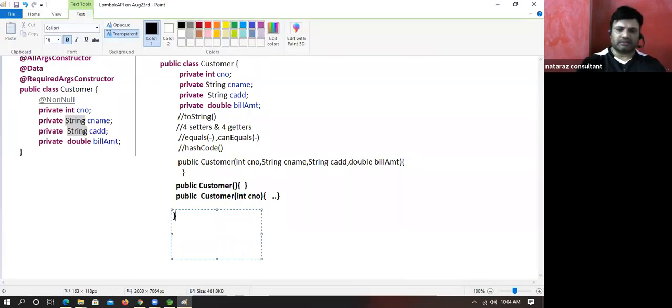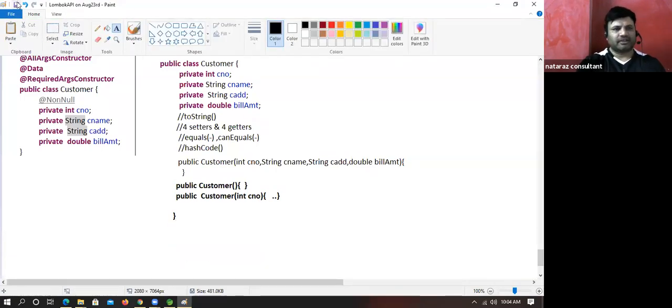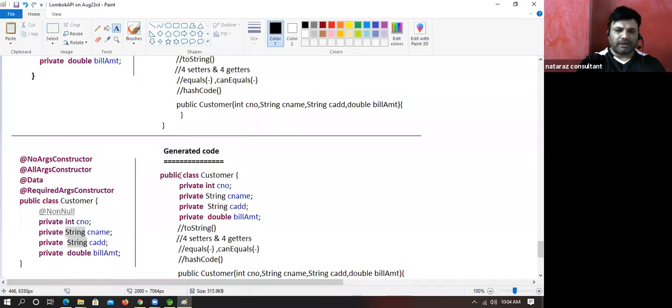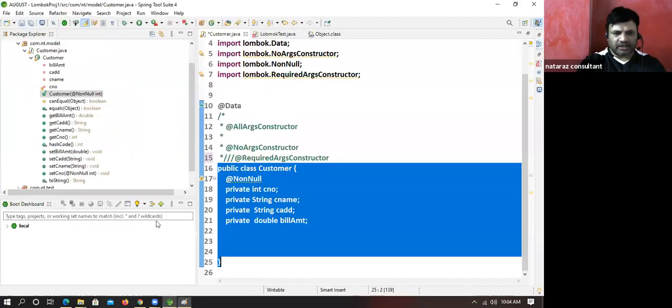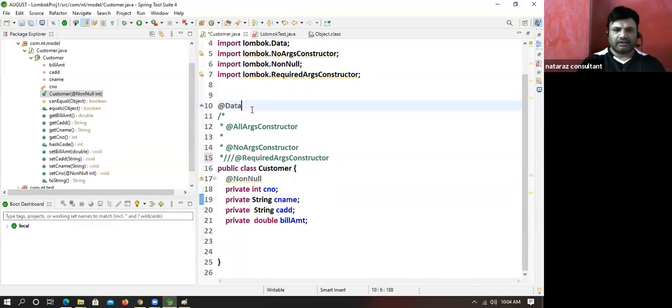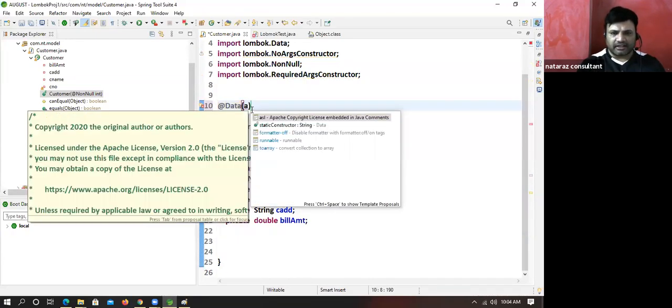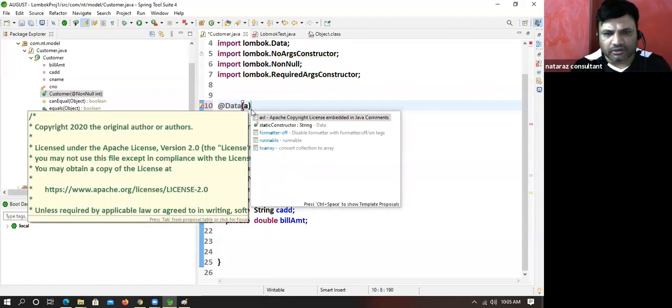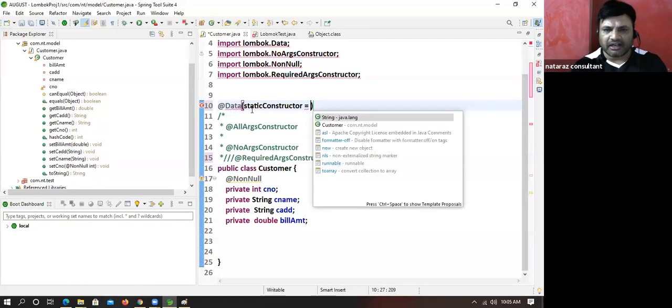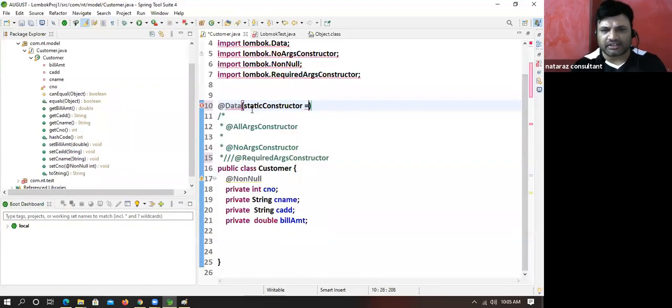End of the construct class. I think we completed all permutation and combination, boss. Yes. Now let me check @Data. Is there any access annotation? So listen, in @Data there is no access annotation. Did you notice any access annotation, boss? In @Data there is no access annotation. Did you observe that?